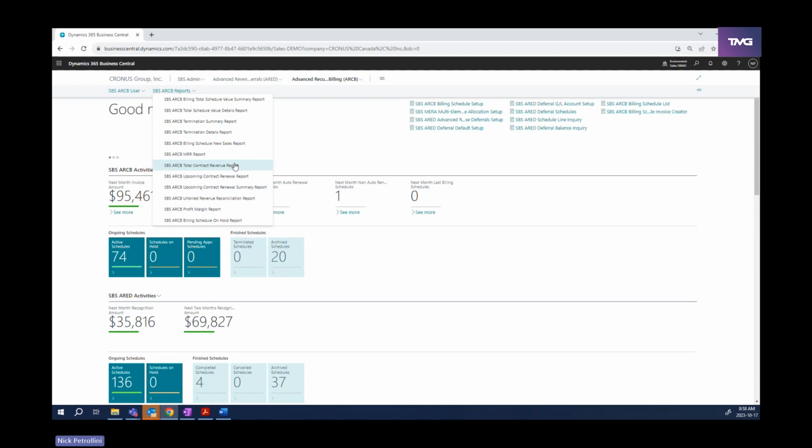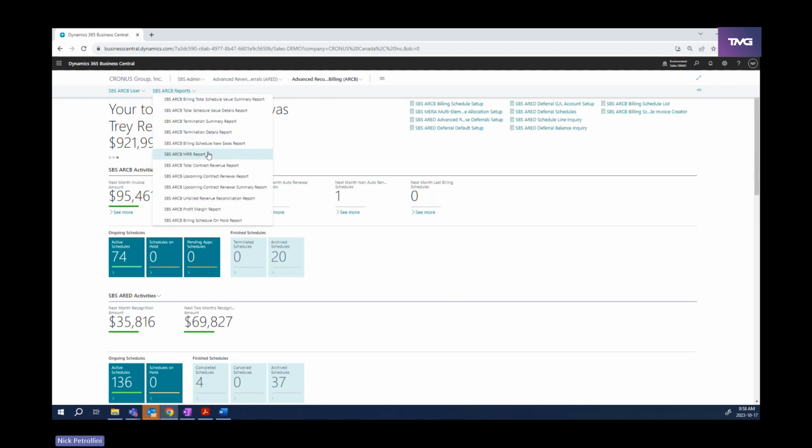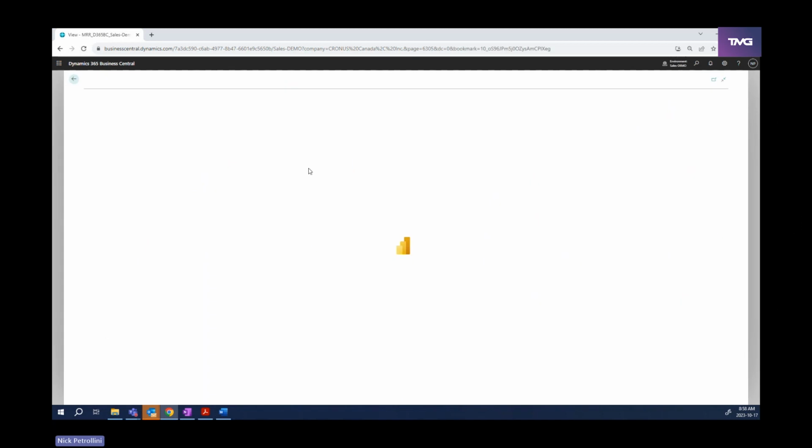You can see there's about 15 or so reports for the billing side, and a matching amount for our deferral side as well here. And these are going to consist of all of your standard reports, whether it's a deferred revenue waterfall report on the deferral side, maybe it's just an MRR report on the ARC-B side. But maybe more impactful is we also have a variety of different Power BI reports,